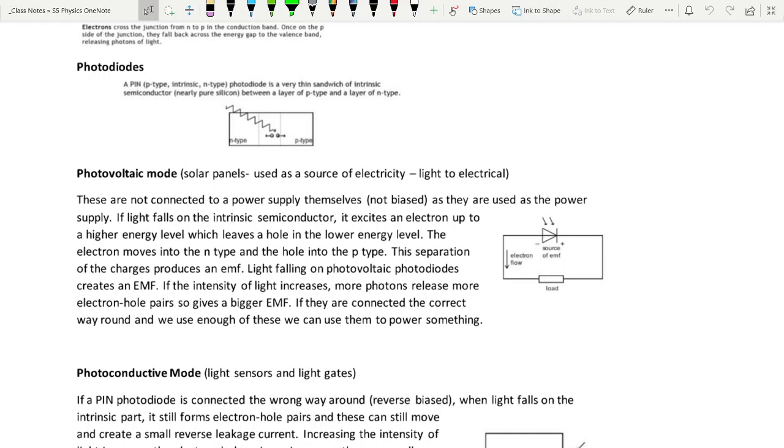The electron moves into the N-type and the hole into the P-type. This separation of the charges produces an EMF, a voltage. Light falling on photovoltaic photodiodes creates a voltage. If the intensity of light increases, more photons release more electron hole pairs, so it gives a bigger voltage. And if they're connected the correct way around and we use enough of these, we can use them to power